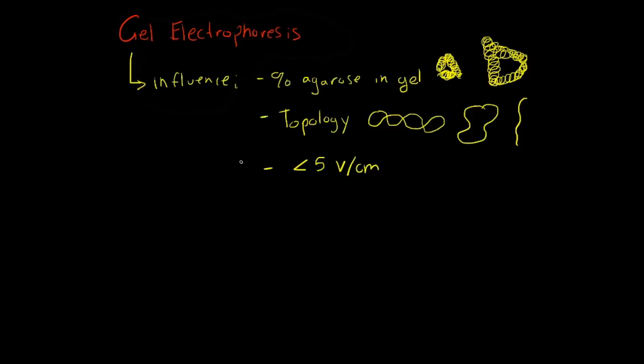So now we'll move on to some things that don't influence, that you might think do. No influence. So the percentage of the GC in the molecule. So GC is just the base pair between